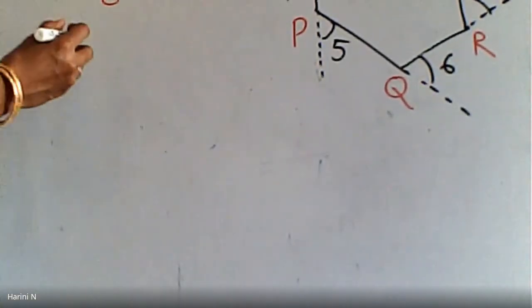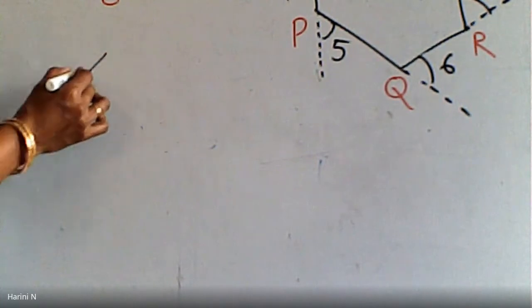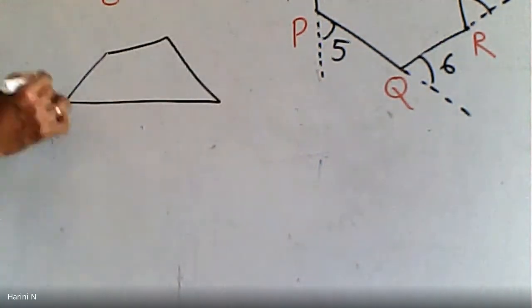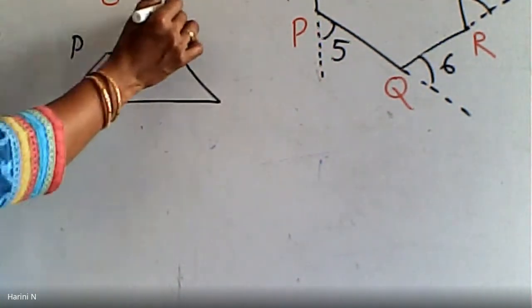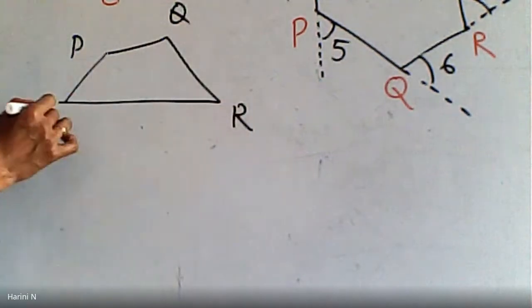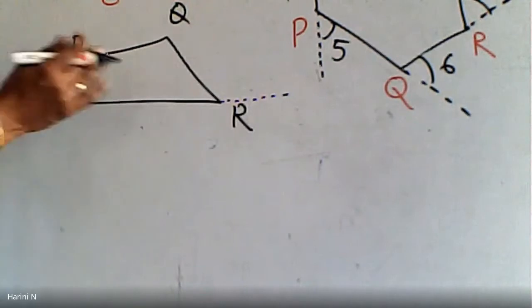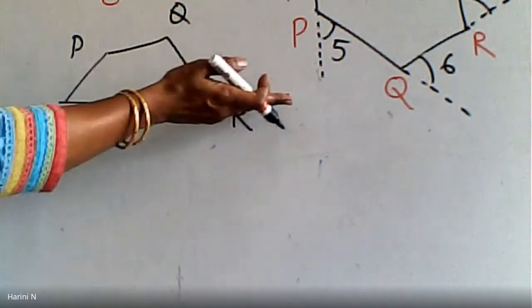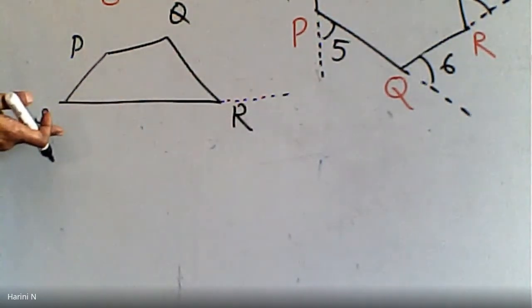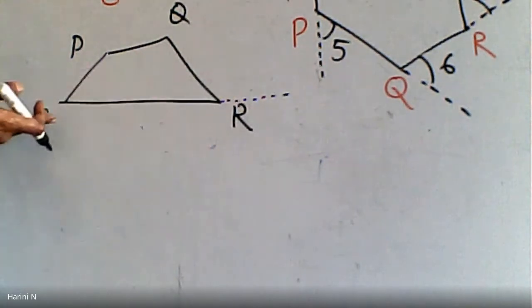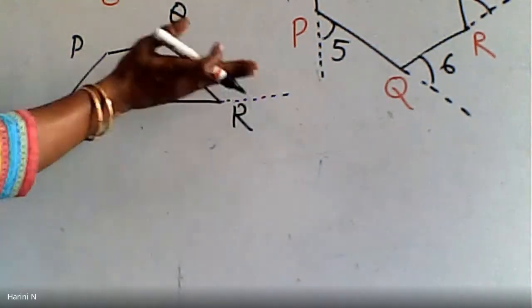Now the same, I will take the quadrilateral, a 4-sided figure like this. Suppose it is P, Q, R and S. When you want to extend, you have to keep the line like this only. It should be along the given side of the quadrilateral. Alright, one of the sides, you should keep the scale along the side of the quadrilateral.